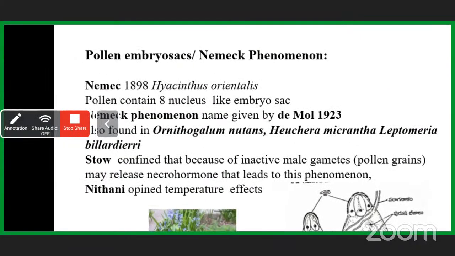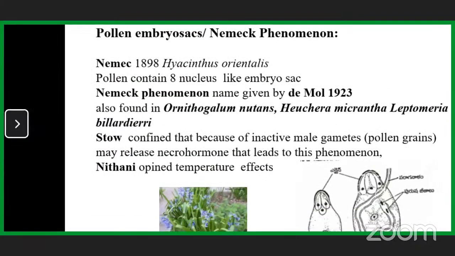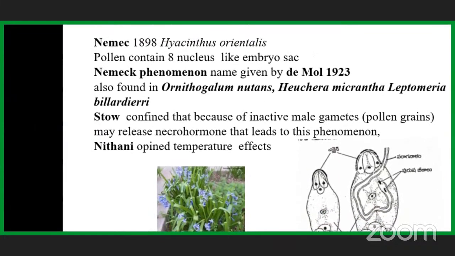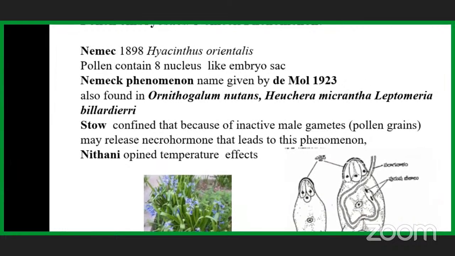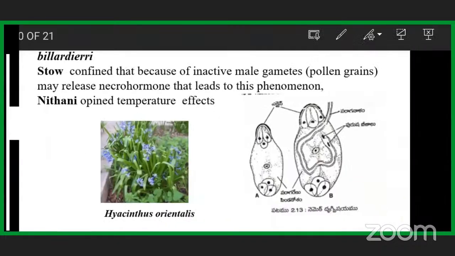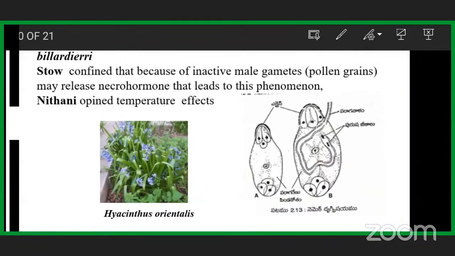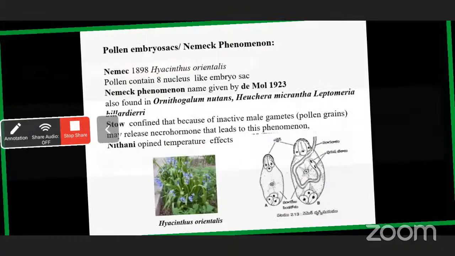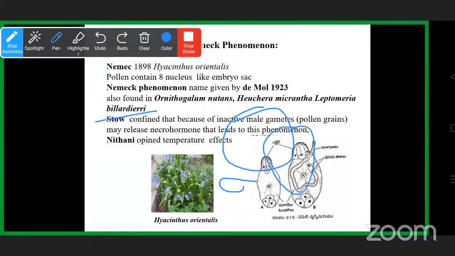You see, it was first identified by Nemec in Hyacinthus orientalis. In the Hyacinthus orientalis plant, they identified eight nuclei, the same as in the ovule, the female gamete. Same as the female gamete. Usually